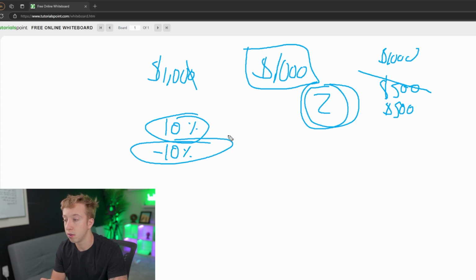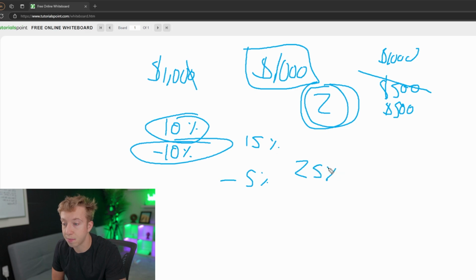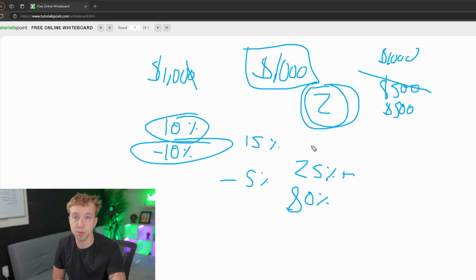So later on, when we change this to an optimized strategy, this is going to be a 5% risk and a 15% reward, which means this is a 1 to 3 risk reward, and you only need a 25% plus win rate to be profitable. Now imagine an 80% win rate with that. It's insane.